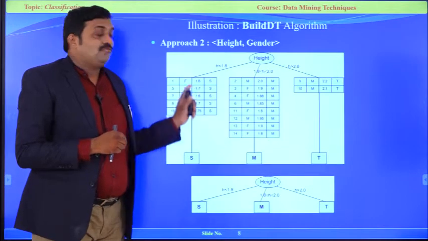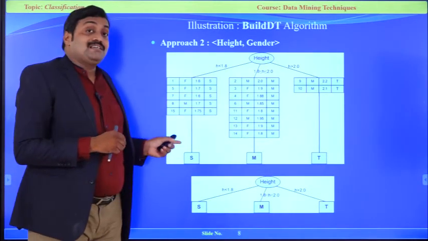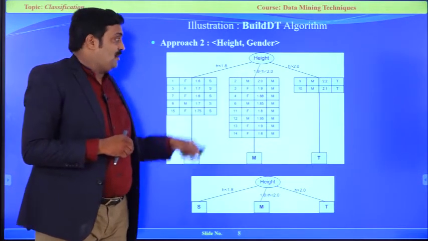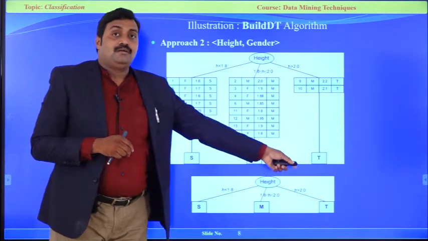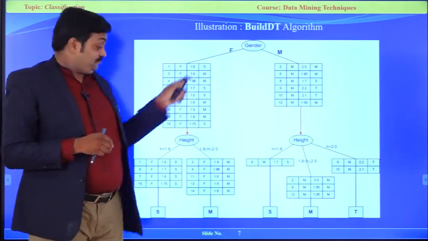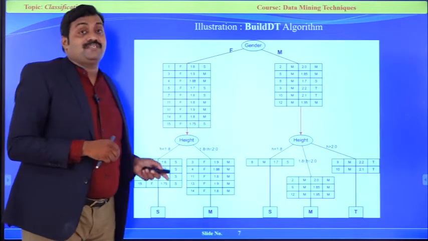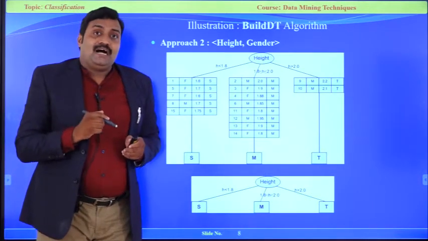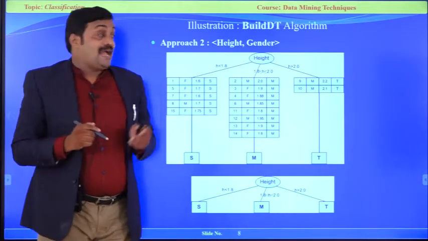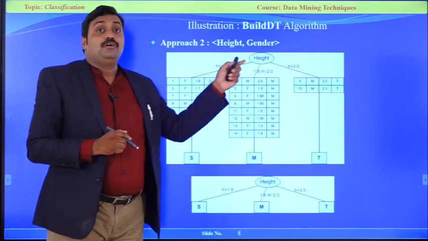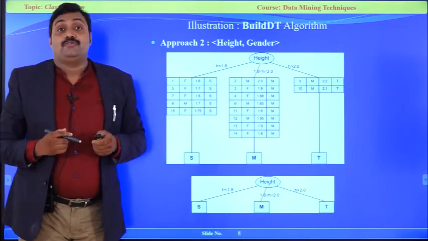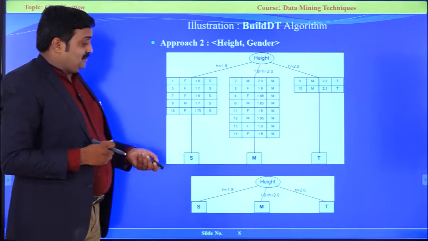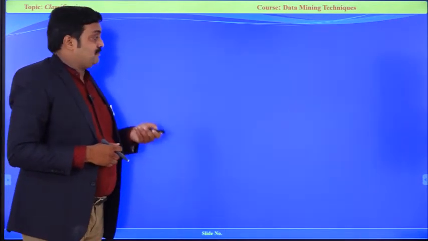If I choose height, only once I can tell the size of a person: height small, height medium, height tall. But with gender then height, 2 times traverse, iterations. So we have to identify the best attribute to pick as the root node. This is the important concept that I am going to discuss in the coming session. Okay, thank you.